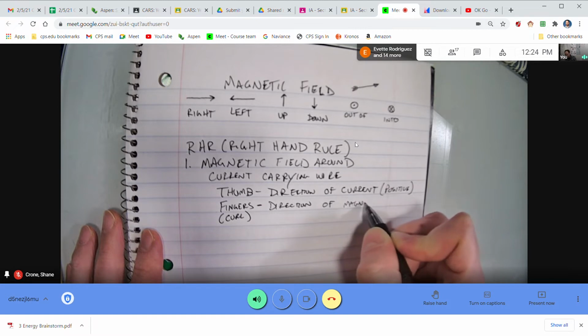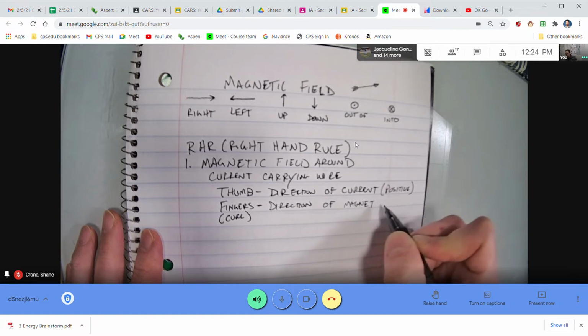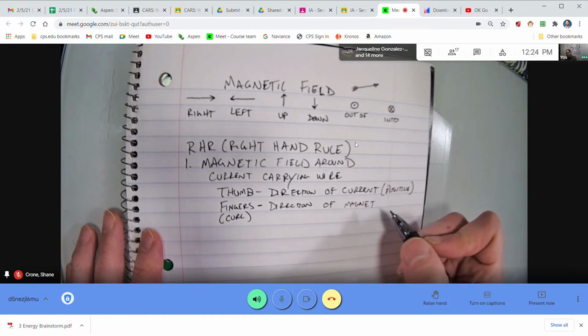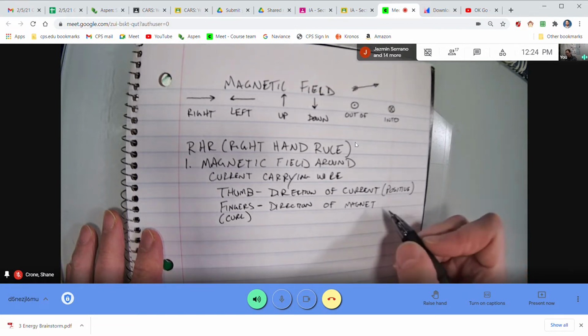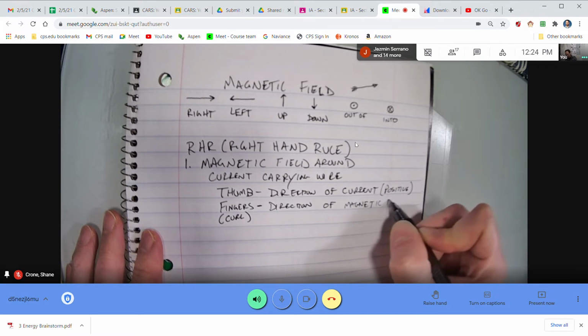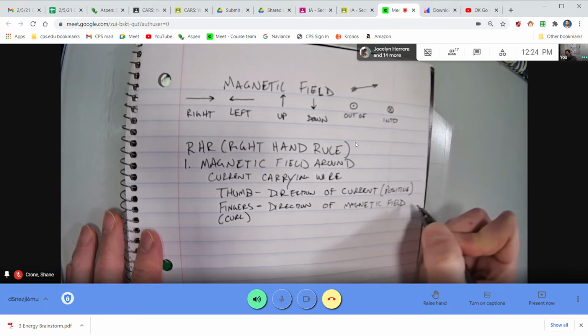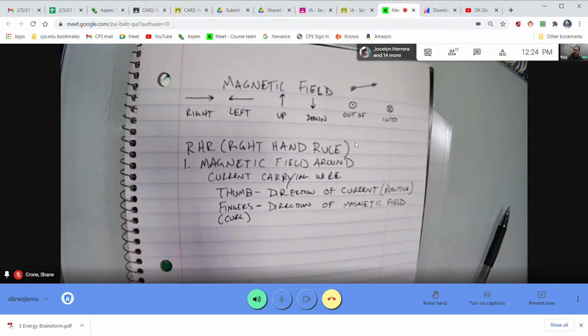and if this is not obvious, let me just actually say it. The right-hand rule only tells you the direction. It doesn't tell you anything about the magnitude of the force, or the strength of it, but it will tell you the direction. All right, so your thumb is the direction of the current, and your fingers are the direction of the magnetic